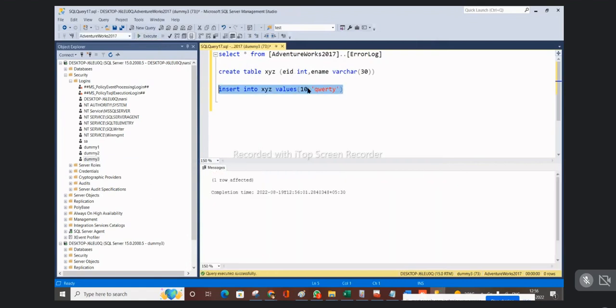Right? Let me insert some more data. 11, 31, 12, 22. Just inserting the sample data. Okay. Let me read the table. Select star from